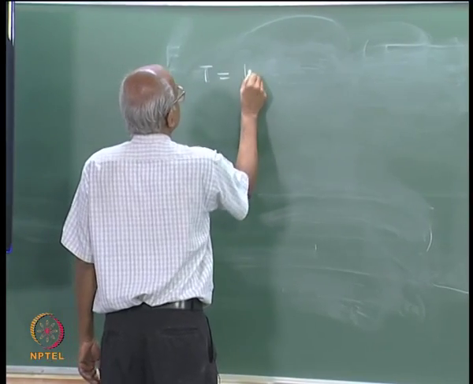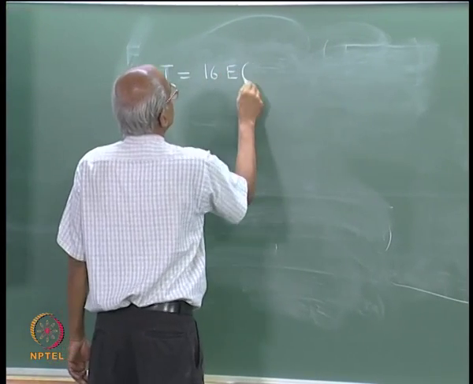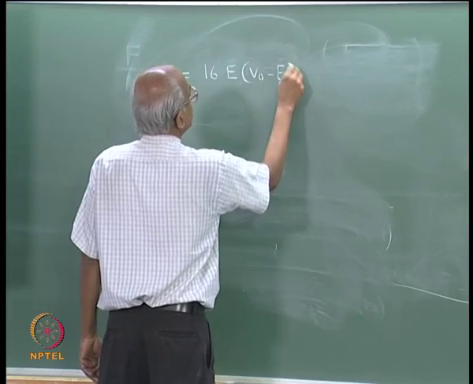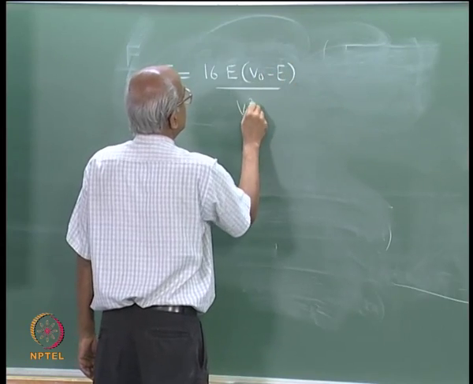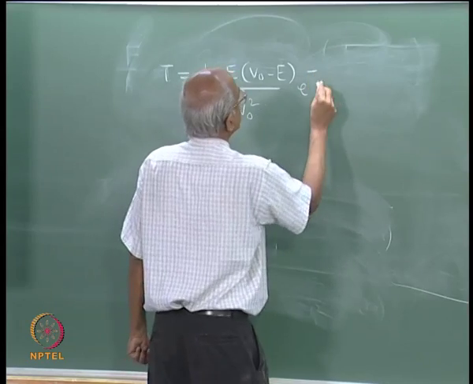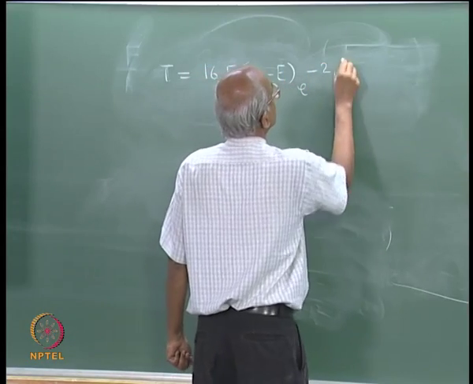It is 16 E into V0 minus E divided by V0 square, e to the power of minus 2 into square root of